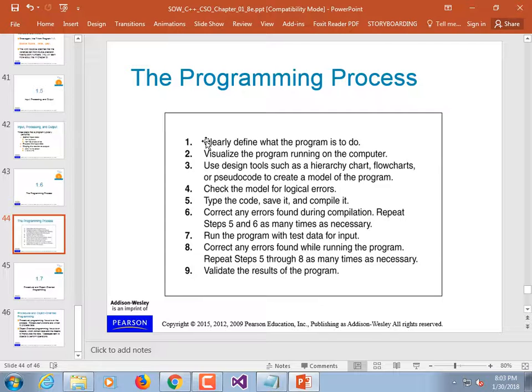Okay, that's going to take considerable revision of what it's supposed to do. You'd have to go back to the definitions and change those things, and so that'd be a big change. Correct any errors found. Repeat all these steps. Wash, rinse, and repeat. Validate the results of the program, and then once you're sure that it works, then in